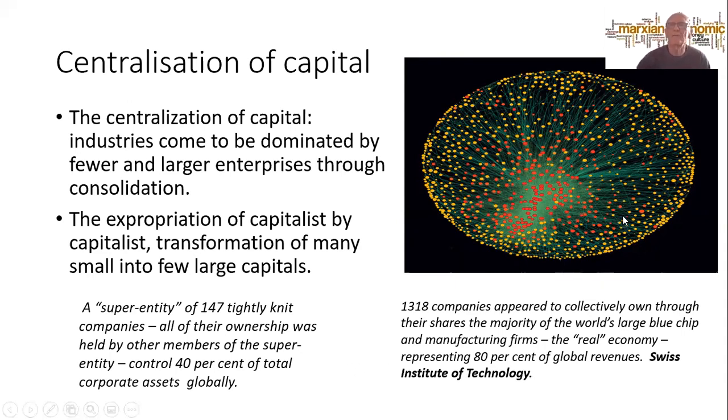This little graph here is showing that right in the middle is where these big companies are and the interlocking connections they have, which the Swiss Institute is showing with all the others in the whole universe of companies as well. So we have, through the accumulation of capital, not only a reserve army of labor, not only increasing technology which threatens people's jobs, but also the concentration and centralization of capital in just the hands of a smaller and smaller number of people.